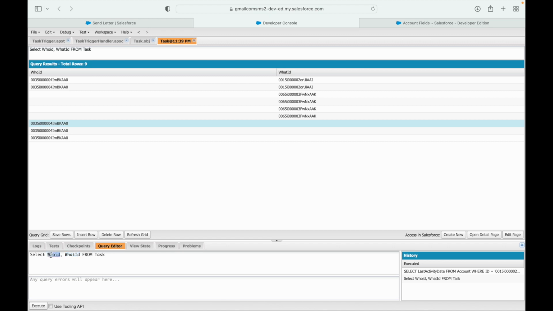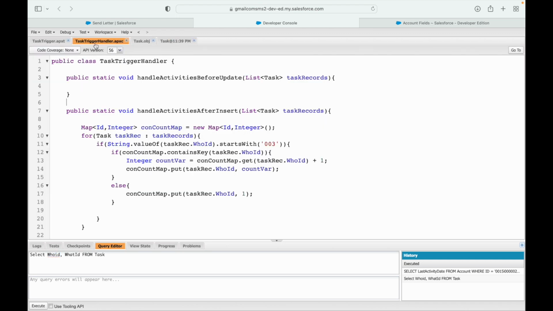So we want to take a look at this who ID, which is rather the contact information, and from it we are trying to fetch the parent account record, and on the account record we are trying to fetch a specific checkbox field. That is what we need to do on the trigger handler. So I'll go ahead and say for each task in task records,